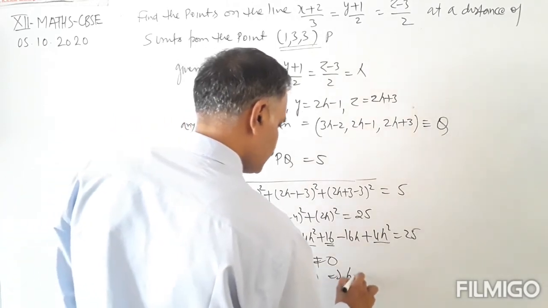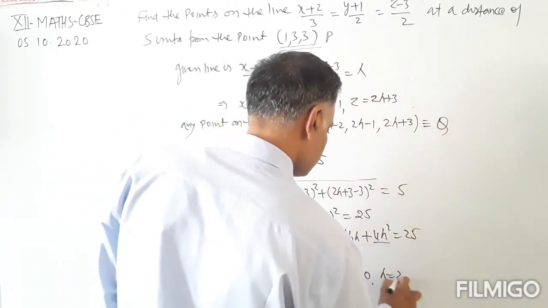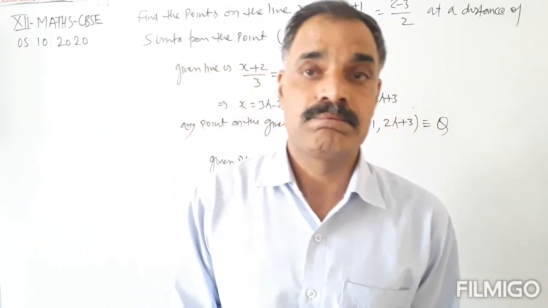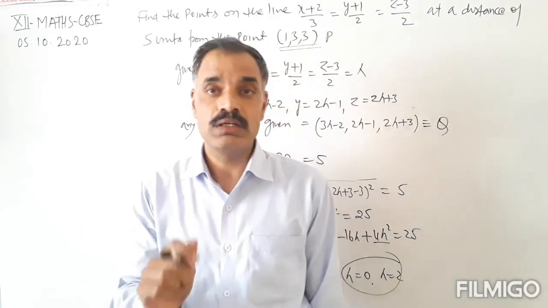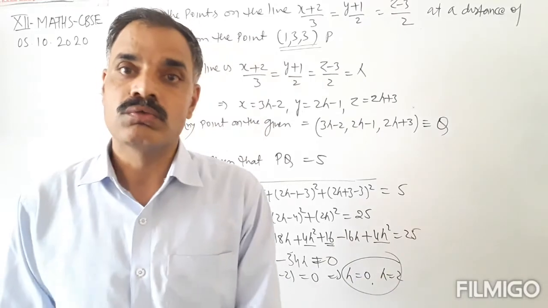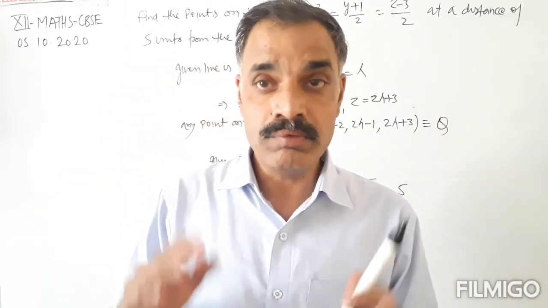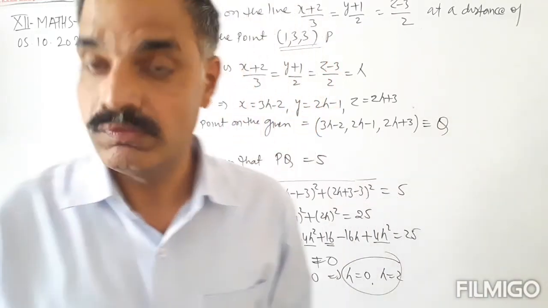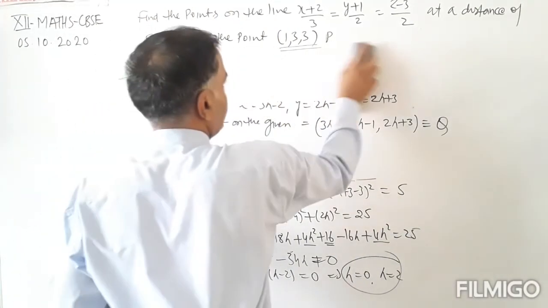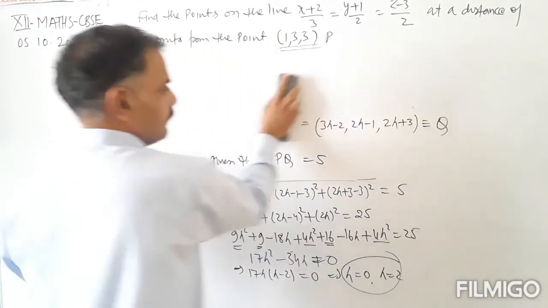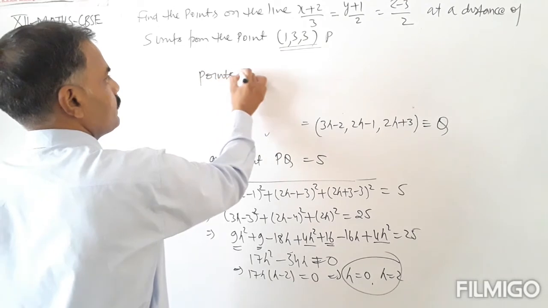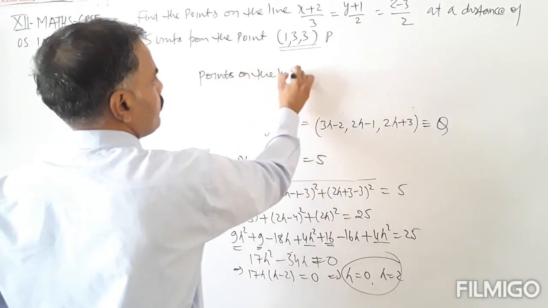So either lambda equals 0 or lambda equals 2. We are having two values of lambda, which means we will have two points on this line. So the points on the line are: